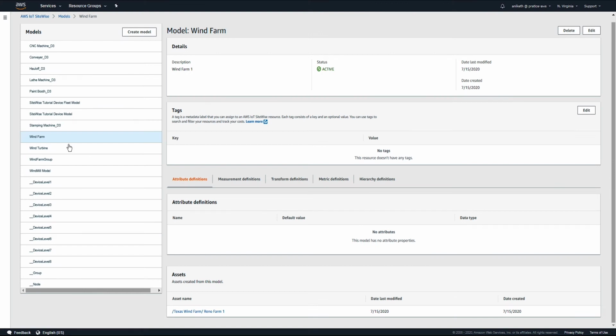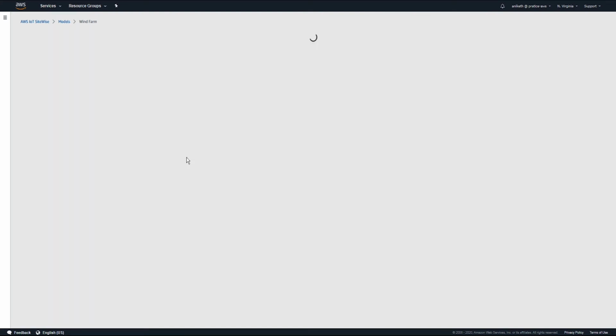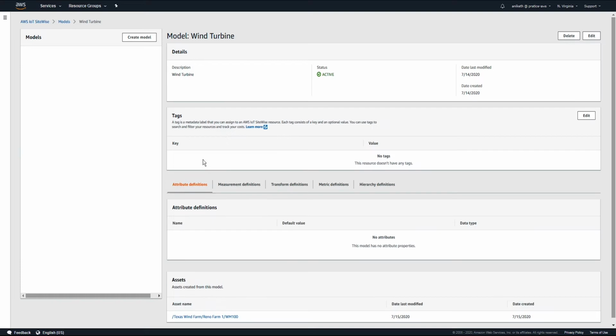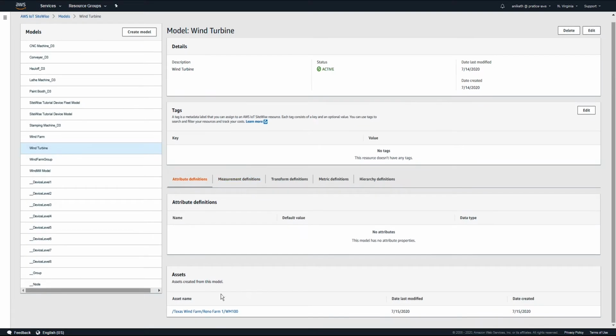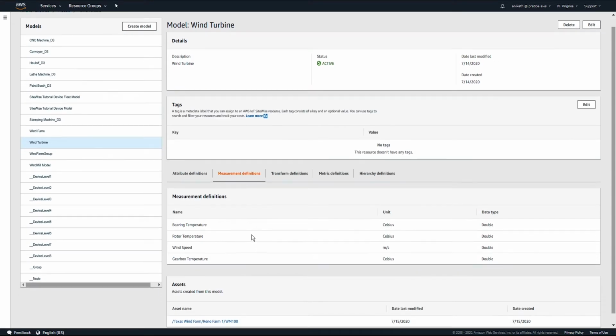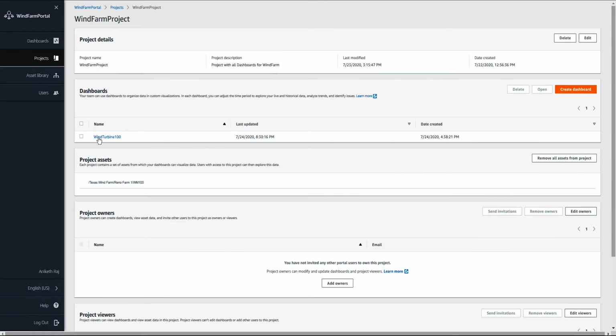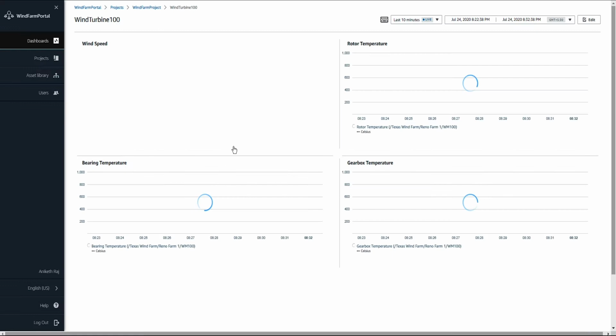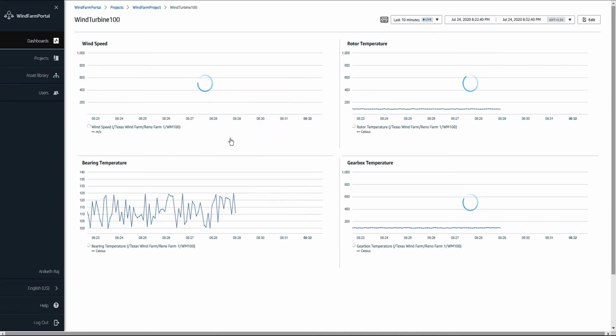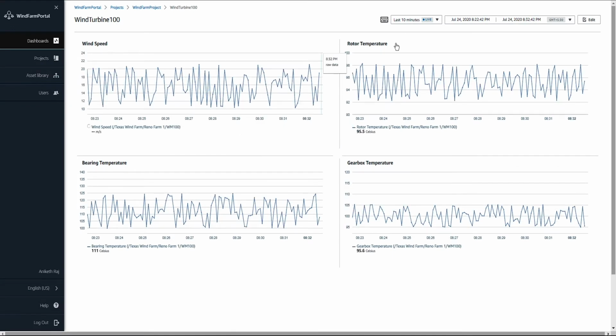With IoT SiteWise, we can seamlessly connect industrial machines and PLCs to AWS Cloud for real-time monitoring of various attributes of the industrial assets. We can create virtual representation of industrial machines in the form of models. Dashboards can be generated quickly to provide a clear view of the health of assets so maintenance can be planned